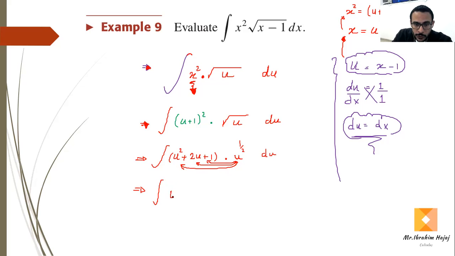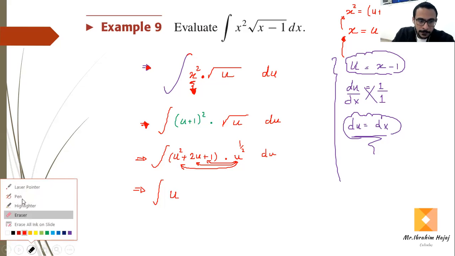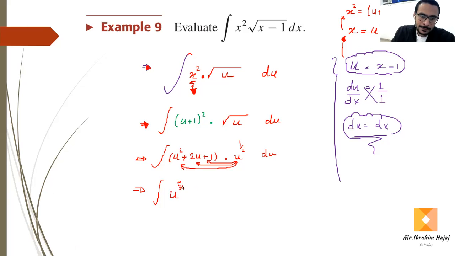Multiply by the first term, u power half by u squared. So we have to add the exponents. So 2 plus half, it will be... wait, let me see. 2 plus half. It will be 5 over 2. Yeah, 5 over 2. Plus